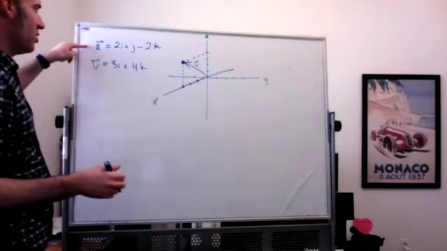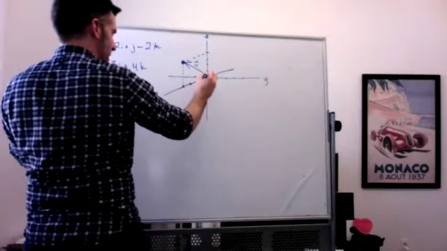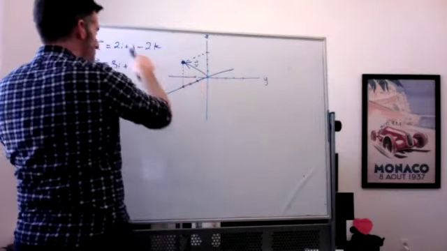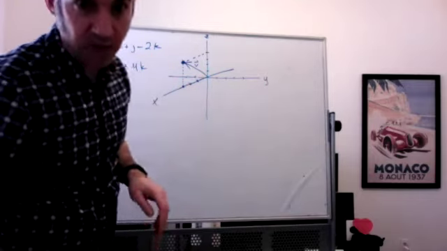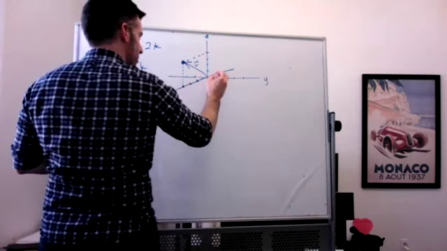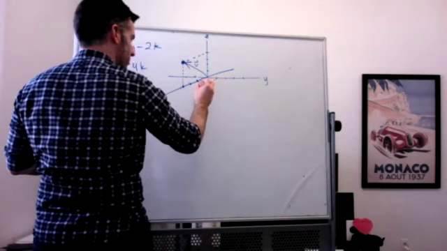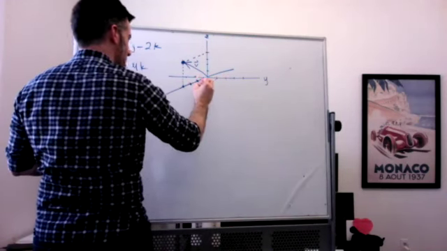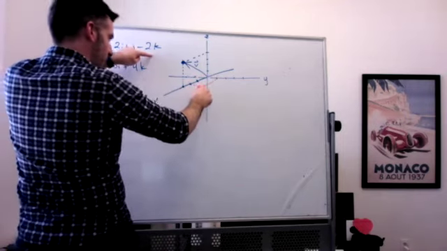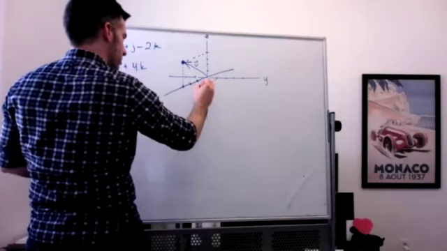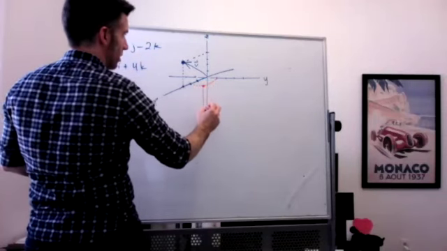And then u is 2 in the x direction, 1 in the y direction. So let me use different colors. Colors are good. So there's 2i plus 1j, and I have to go down to